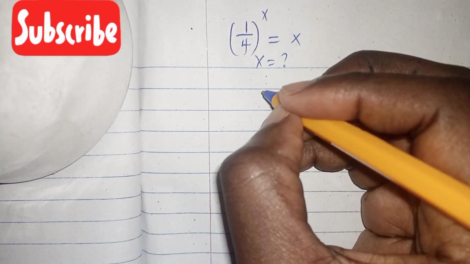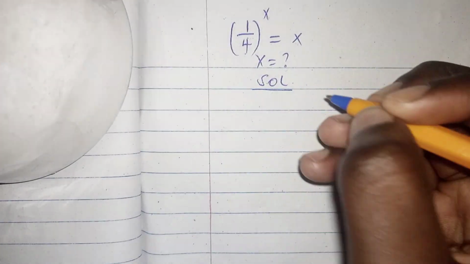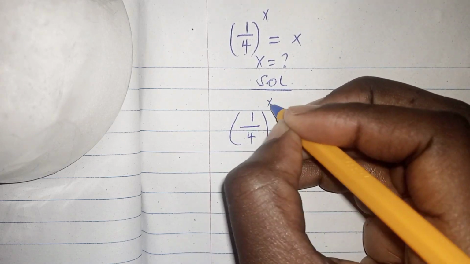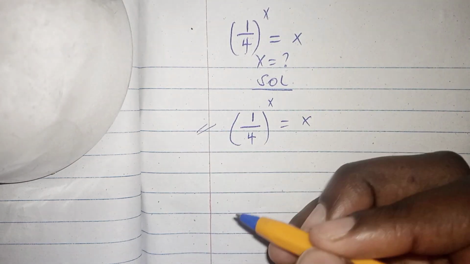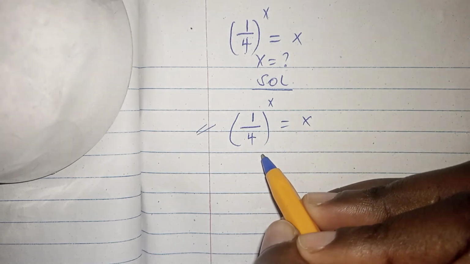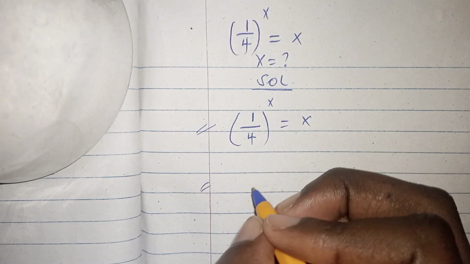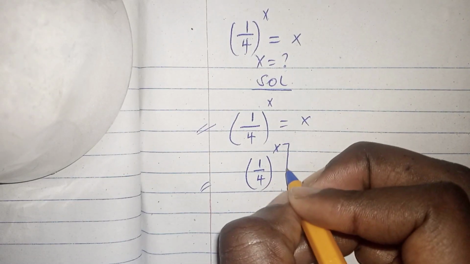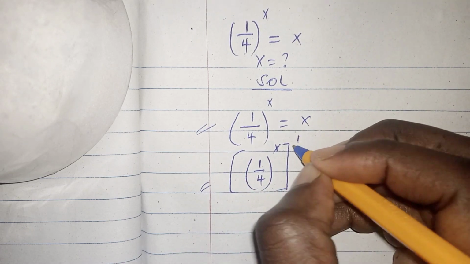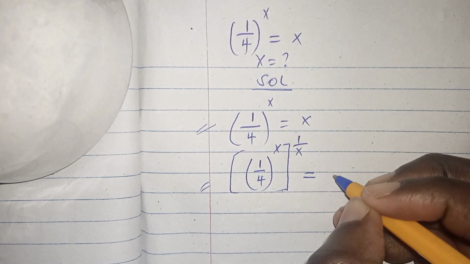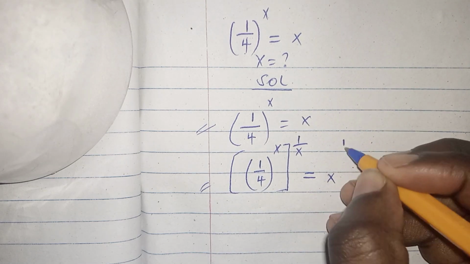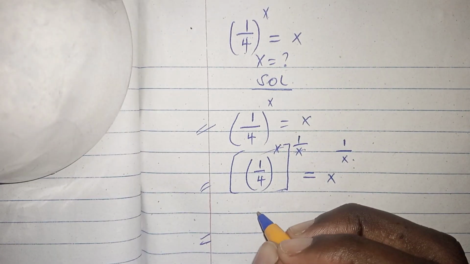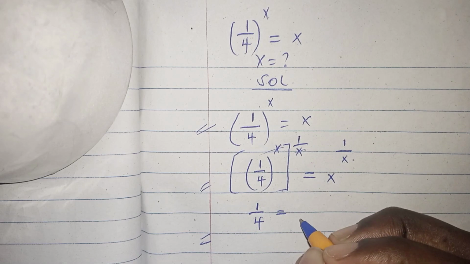So here is our solution. We have (1/4)^x = x. Our first step is to begin by raising both sides to the power of 1/x. So this becomes ((1/4)^x)^(1/x) = x^(1/x). Okay, so this and this will cancel and we'll be left with 1/4 = x to the power of